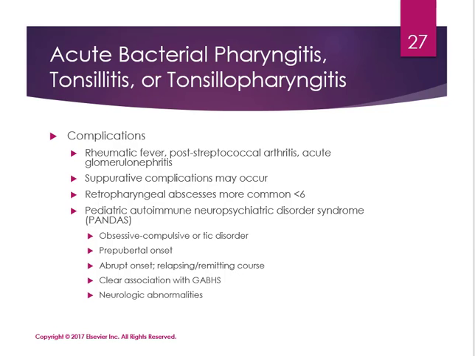There is also a condition called PANDAS, pediatric autoimmune neuropsychiatric disorder syndrome, that can happen after strep, after this exposure, where you will see obsessive compulsive tendencies or a tic disorder, a prepubertal onset. These can happen quickly. There is a clear association with group A beta hemolytic strep, and there can be some neurological abnormalities. Let's talk next